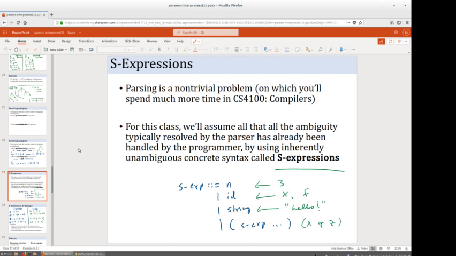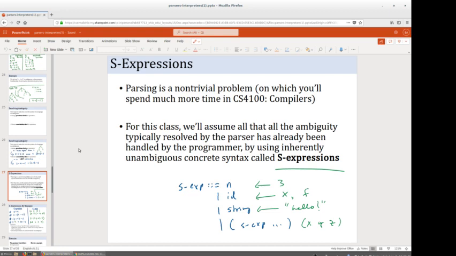There are 4 constructors: one for numbers, one for identifiers, usually called a symbol, which just means it's like a name, and then one for strings. The difference between these two is that strings are surrounded by quotations. So these are the 3 atomic units, the base S expressions. And then there's the recursive case, which is a list, where you've got parentheses on the ends, then 0 or more, perhaps it should be 1 or more, S expressions